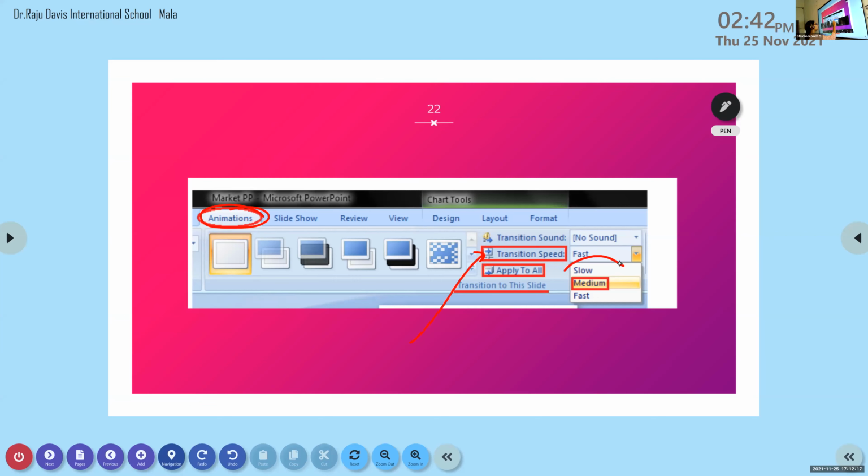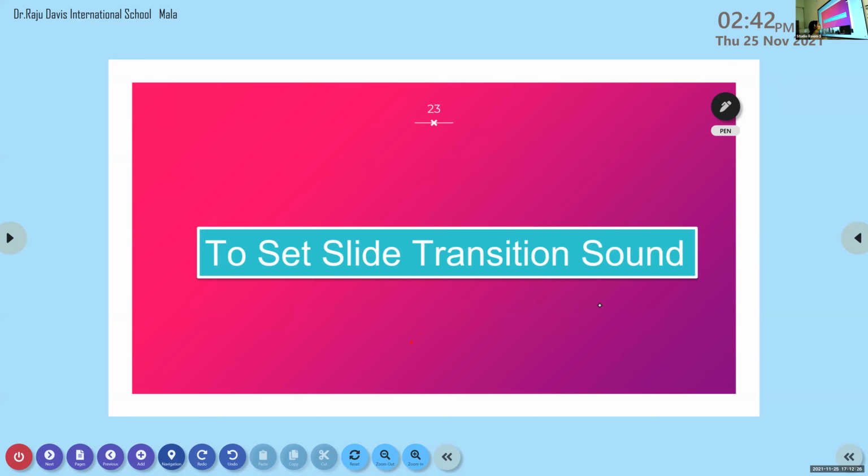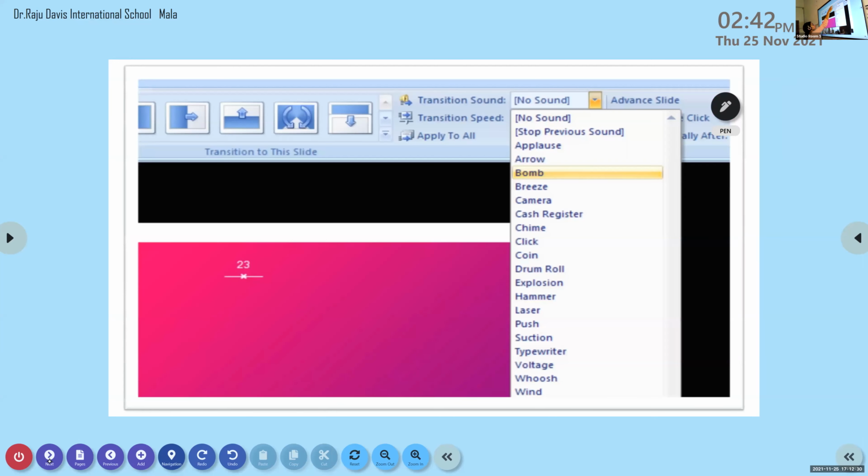If you want to apply to all the slides, you can just go with apply to all. Now, we can also set sound. For that, here you can see the option transition sound, from where you can select the sound that you want.